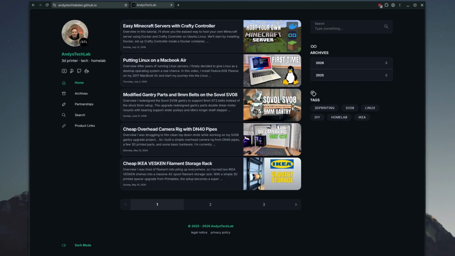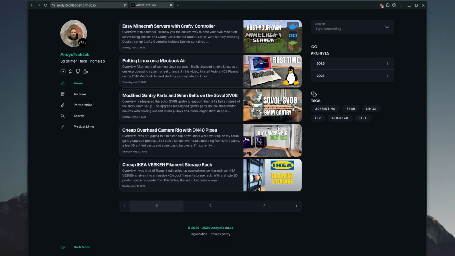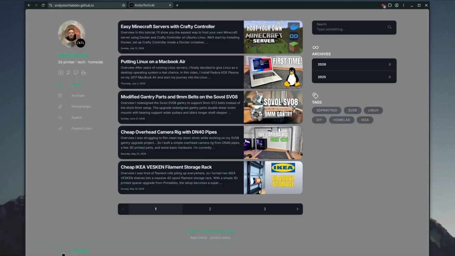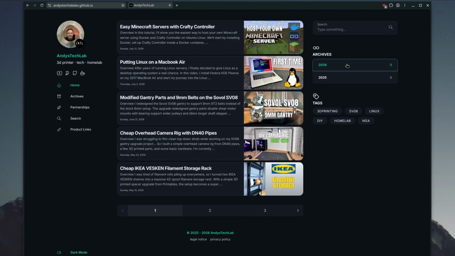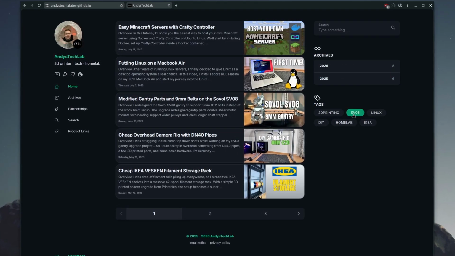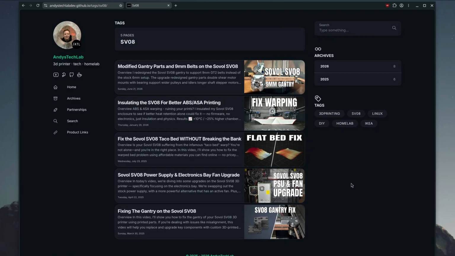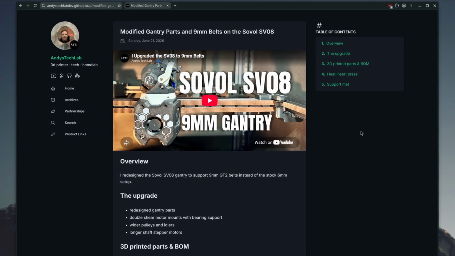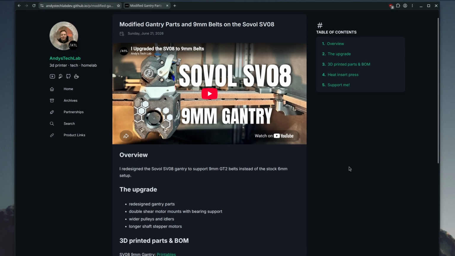This is my real site that I built with Hugo and the stack theme. As you can see, it's a little bit different. I also got the light and dark mode switcher here. On the right side there is a search, the archives for the years, also some tags. So if you want to see something for the SVO8, you can just hit the tag and get everything for the SVO8. If we open the post here, at the beginning there is the YouTube video,